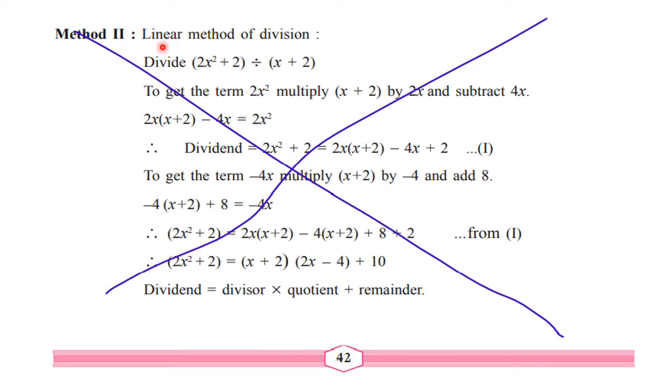Second method which is given in textbook is called as linear division method, but here it is cancelled under reduced syllabus. So on page number 42, you will mark with pencil that this particular second method of division, linear division method, is not there, it is cancelled. For self study, you can study it. If you are curious how this method is, then you can learn it by yourself. So even though it is under reduced syllabus, the remark is given there that students have to self study it.